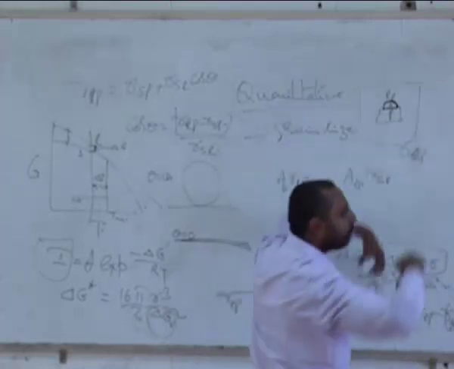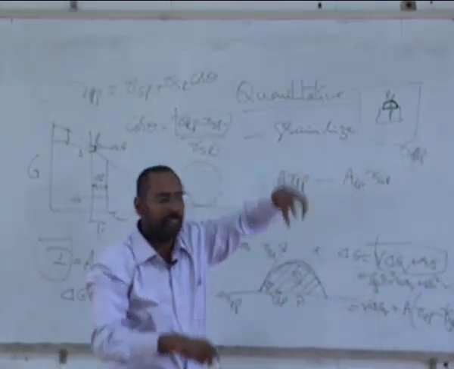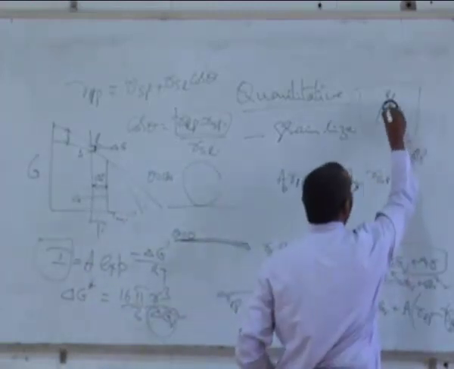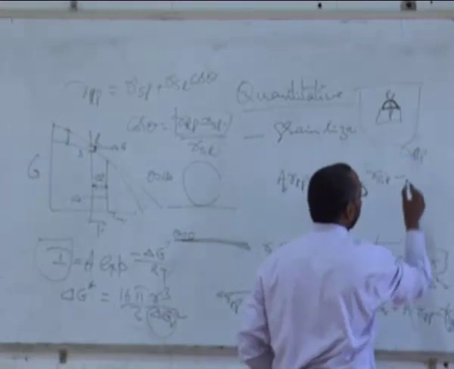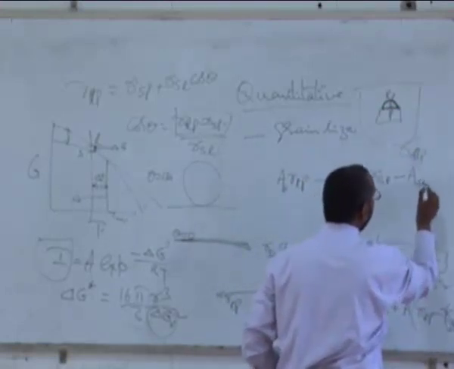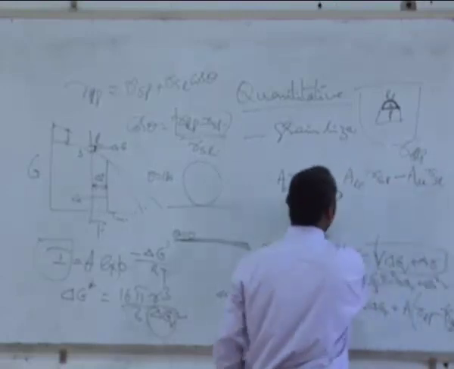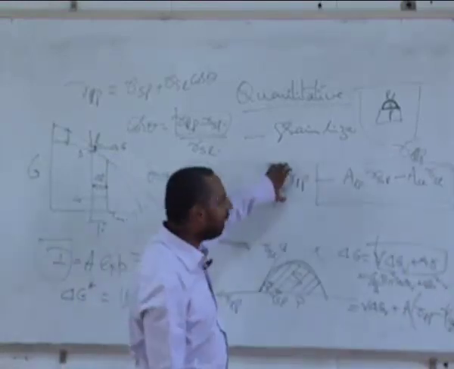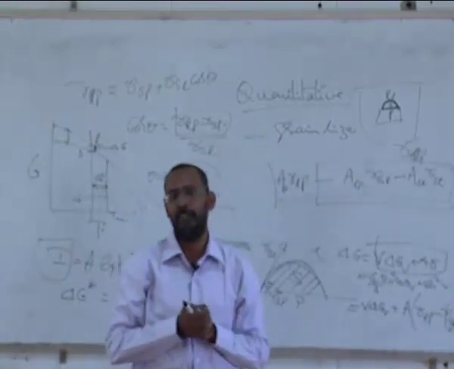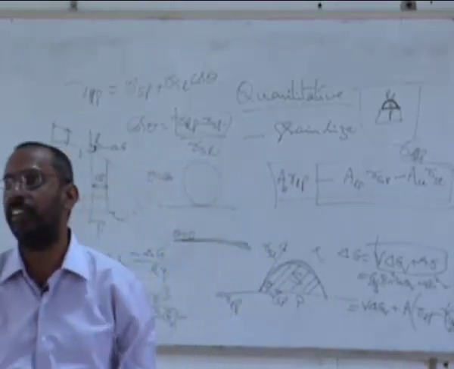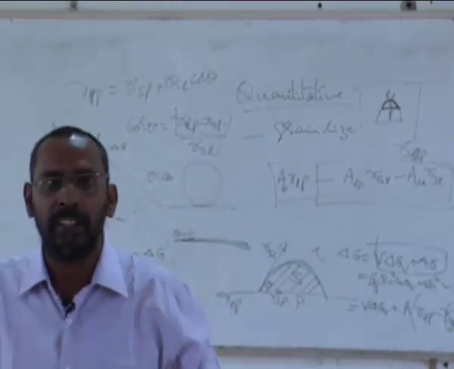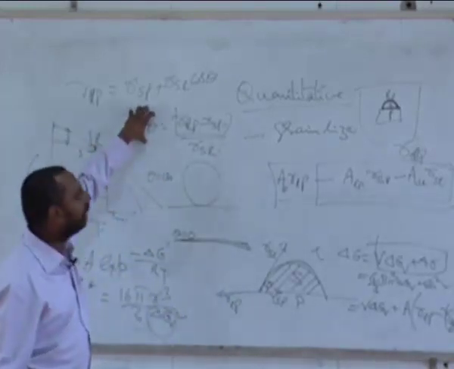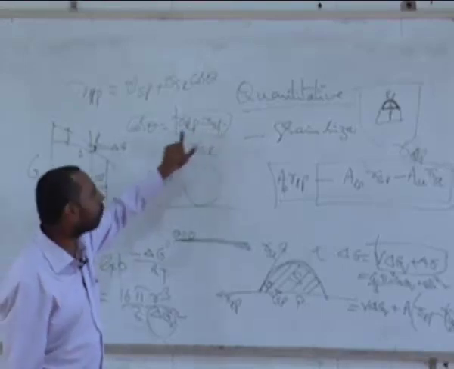It is circular. If I look from the top, it is a circle, right? That circular area is this, minus this, whatever is the hemispherical cap surface area, that is A SL into gamma SL. This is the overall surface energy. If these two put together are smaller than this, then there is a decrease in the surface energy. Only when there is a decrease in the surface energy will the solidification take place. Otherwise, the solidification will not take place. That's why for you to have good wetting, this has to be smaller than this. If this is not smaller than this, there is no wetting.